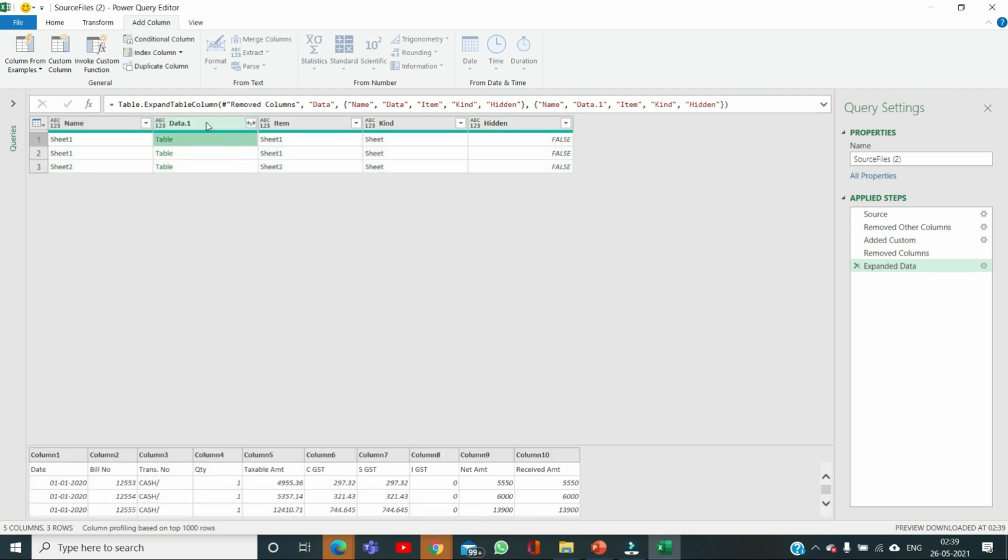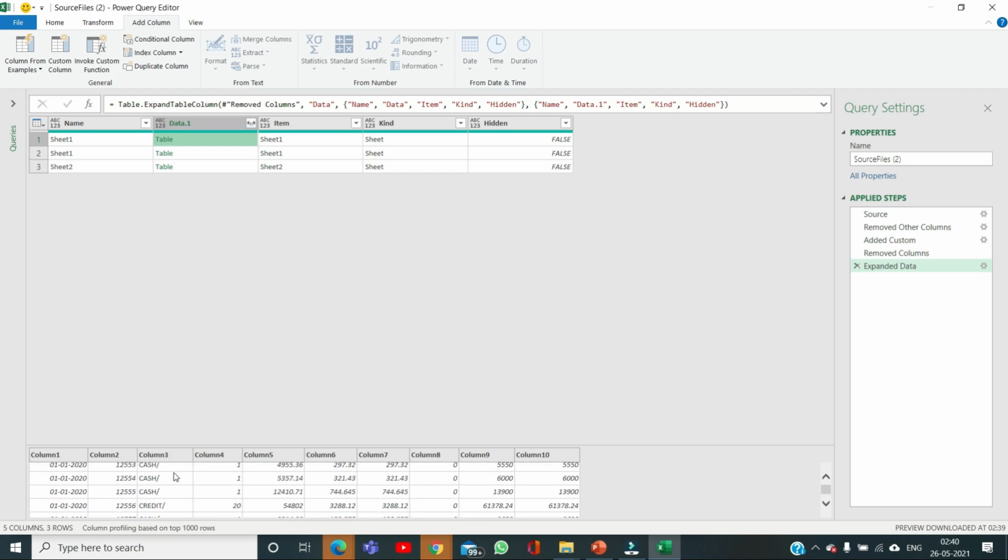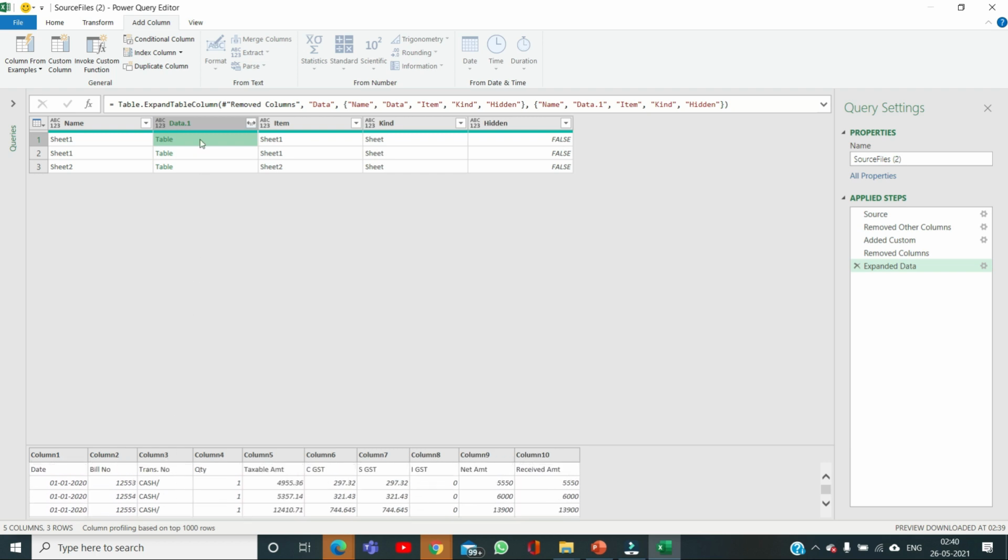In this data column, because there was already a data field available, it is Data.1. Now all my data is lying under this table, and I have full control over how and what data I need to import.